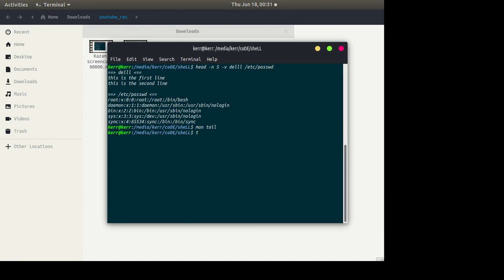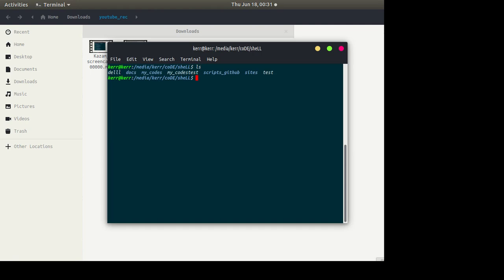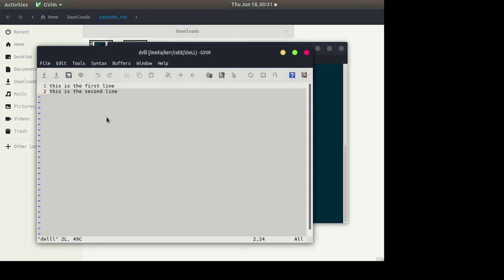Let's say you want to see the last one line of the del file. Let's just open this del file and add a few lines. Let's just print a few lines.